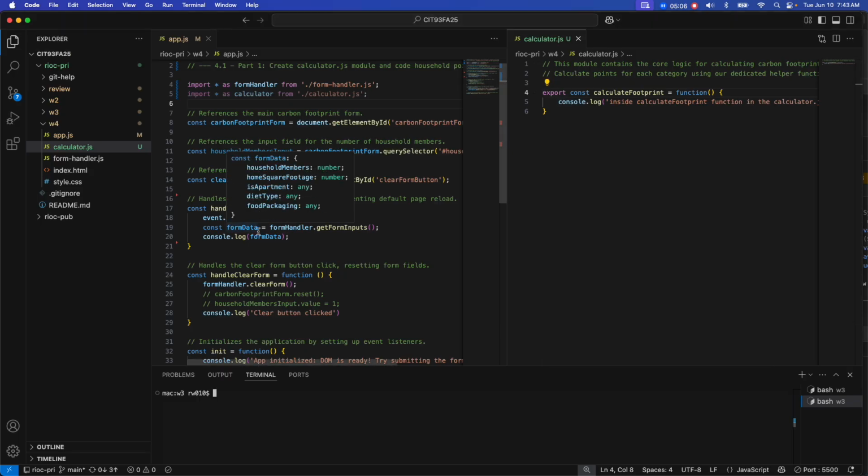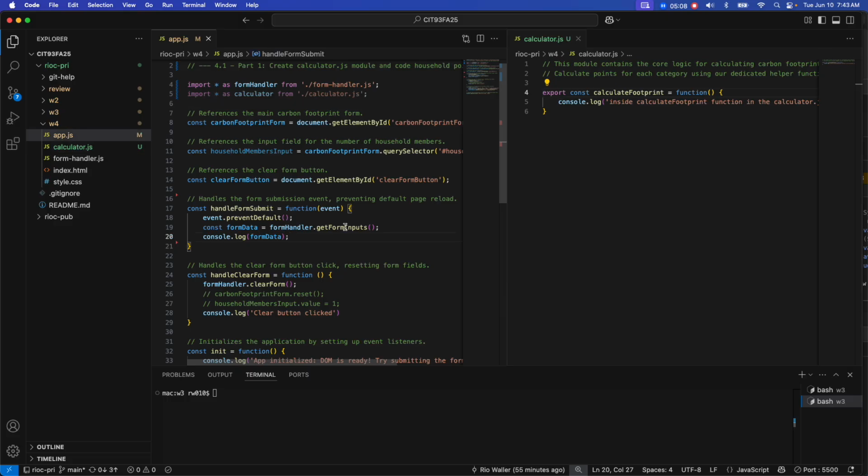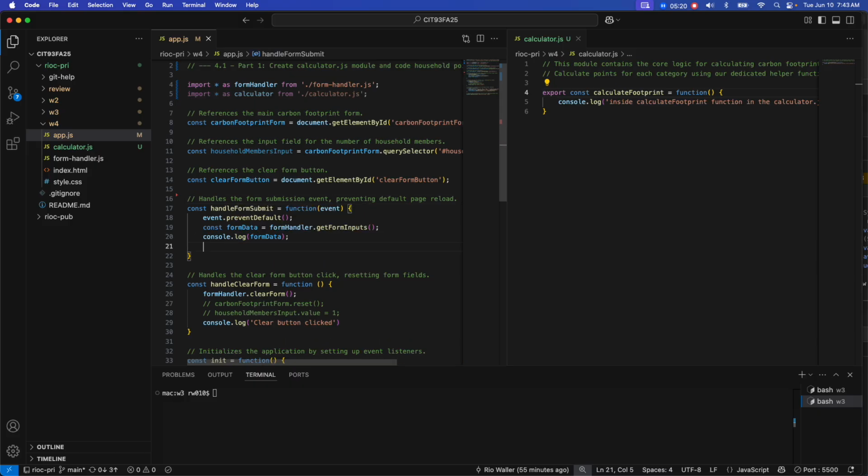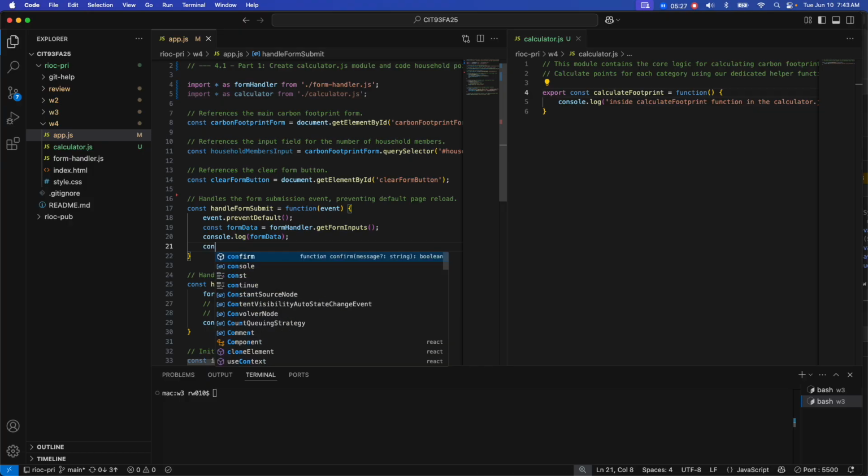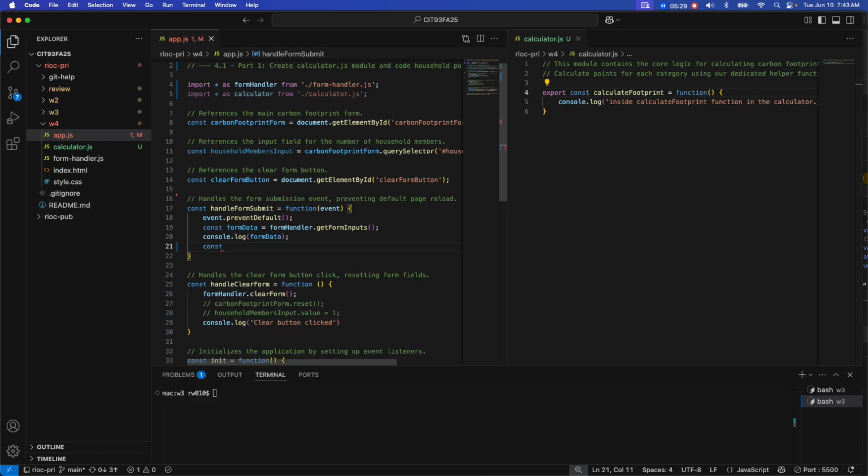So now the question would be, where are we going to calculate this, right? Where are we going to actually call this module? Well, if you think about it, after we get the data from the form, then the next logical thing would be to actually call the function, okay? So just like we did on form data, we're going to return something, okay? So that return that we're going to do,